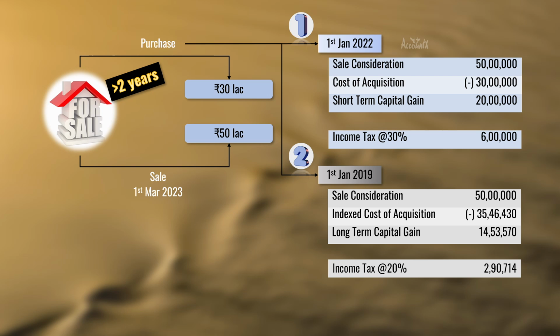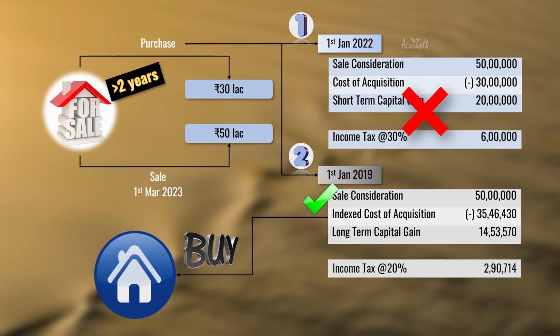Now the capital gain exemption that we are talking about is actually not applicable for short-term capital gains. To put it differently, this exemption benefit is available only for long-term capital assets when you have long-term capital gain. And to avail this exemption, you need to buy or construct another house. Let us now see what are the time limits within which you have to buy or construct new house.